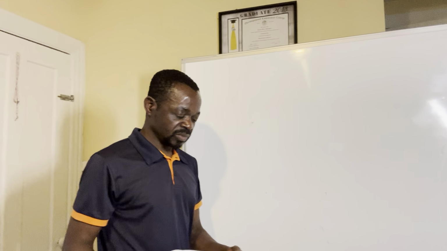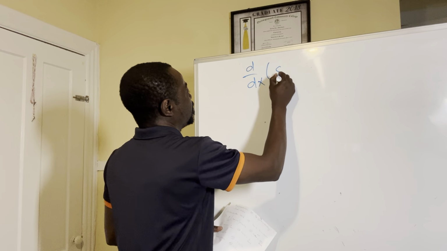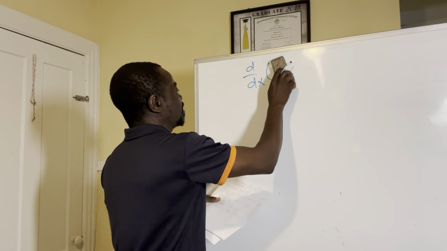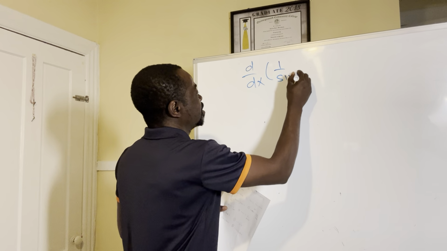All right. So d dx of 1 over sine of x is equal to,